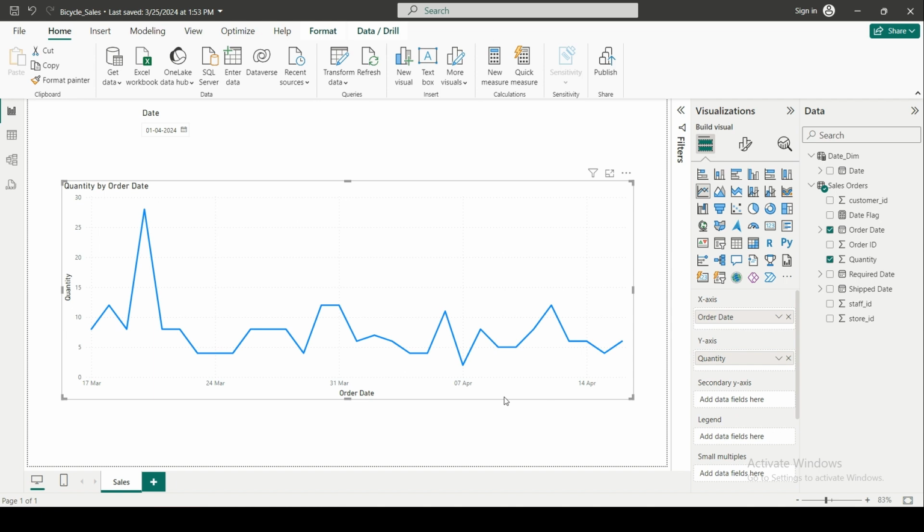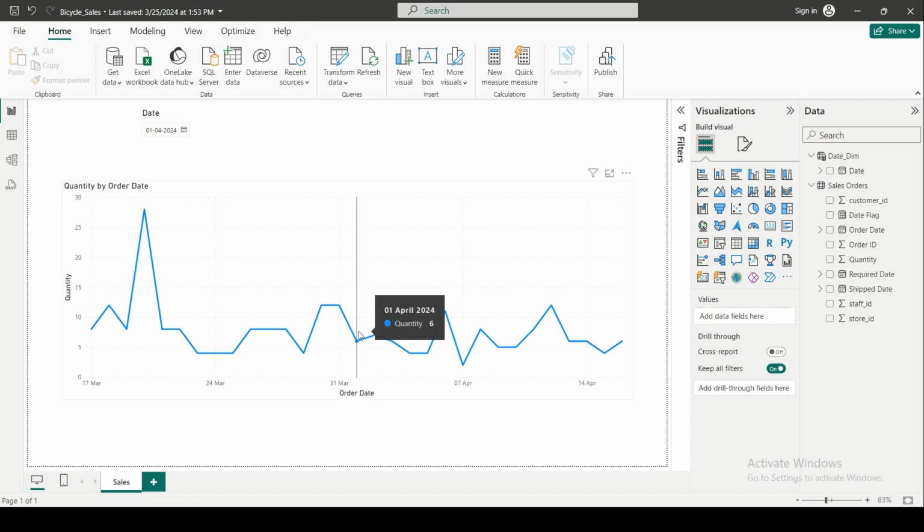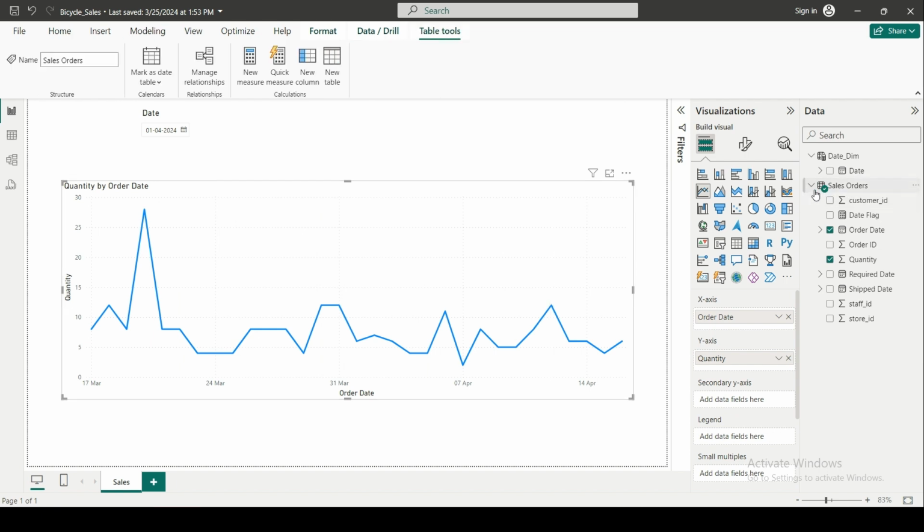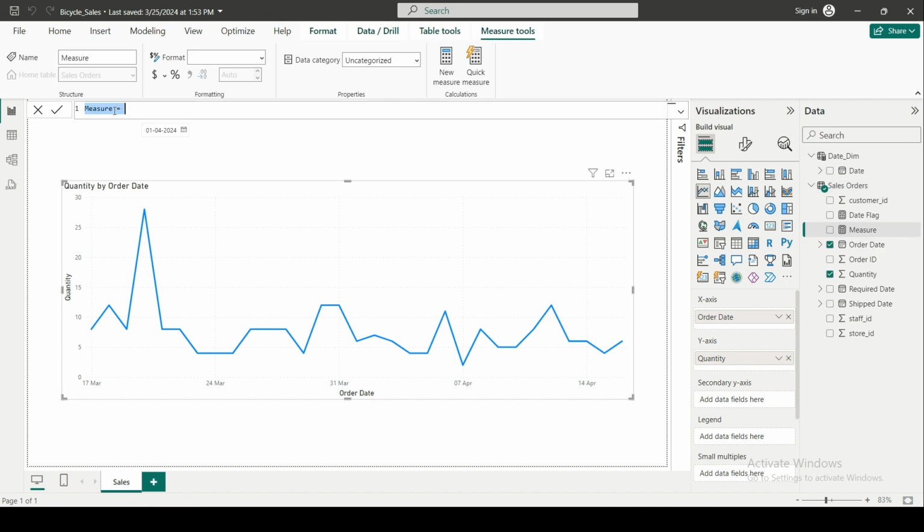And for a more user-friendly chart, I'm going to add a reference line here, so that it would be easier for the user to identify the date which they selected. This is just to make the chart a bit more user friendly. So for that, I'm going to create a new measure. Let me call it line. And this will hold the value of this date. Okay. So I'm getting max of